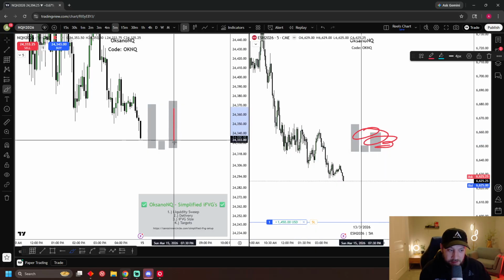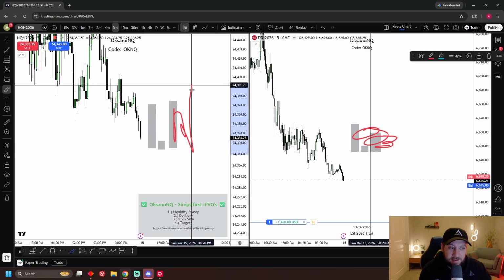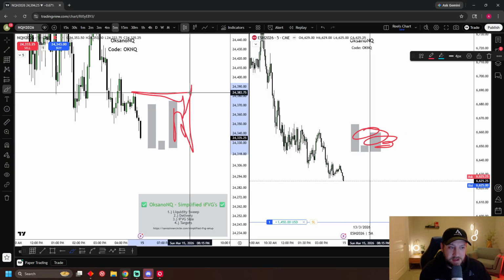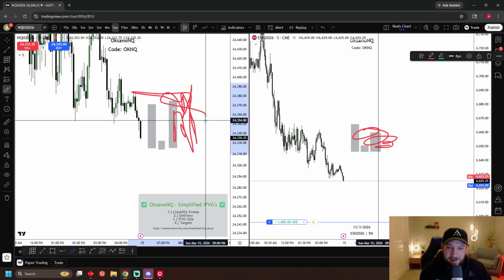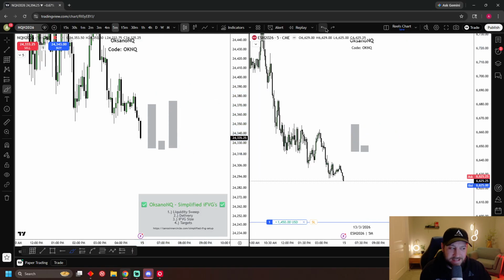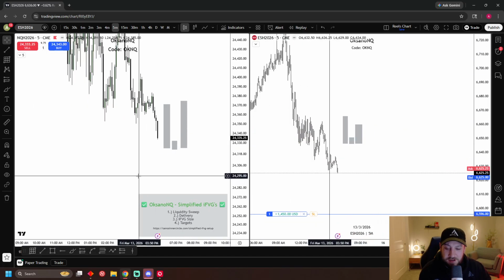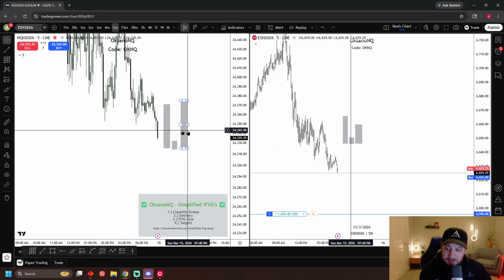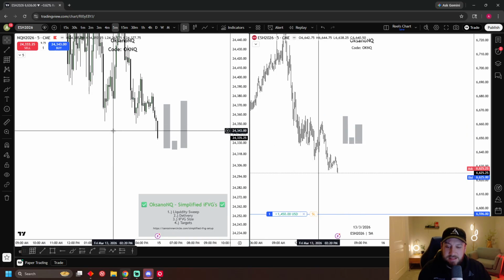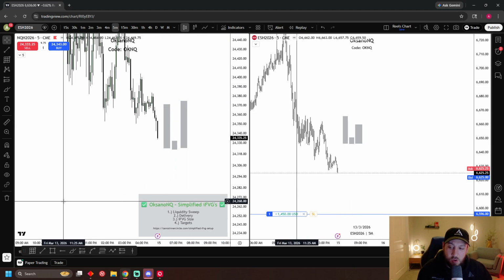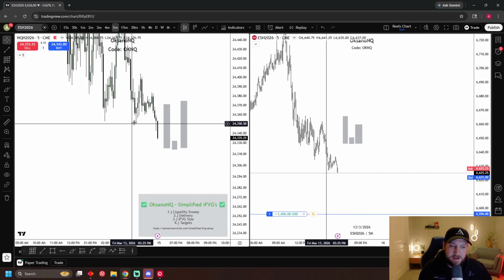So you'll have to suffer through little pullbacks. Maybe you'll pop up, take liquidity, and pull back, and then you're gonna get break even 10 times. So seriously, if you're looking for a setup, just hop over to ES and see if you're getting that same gap, that same setup. Those will always be the best when you get them at the same time.